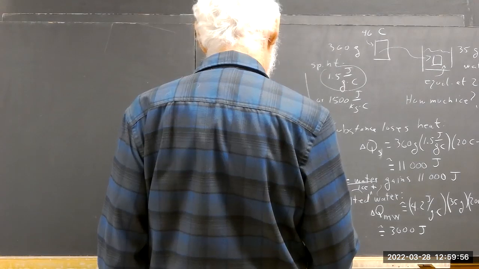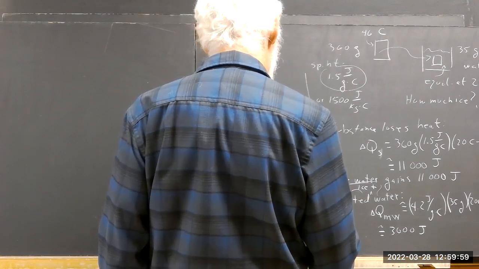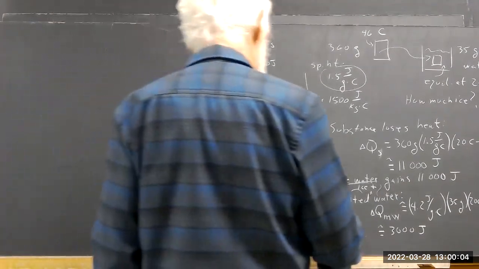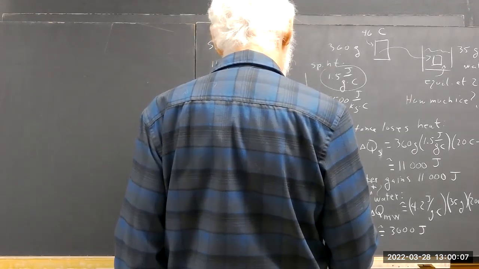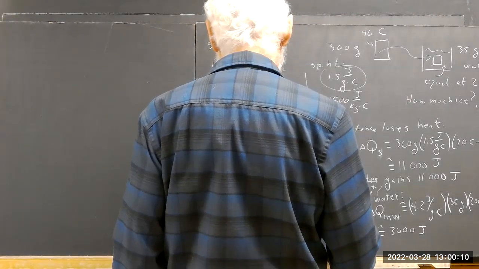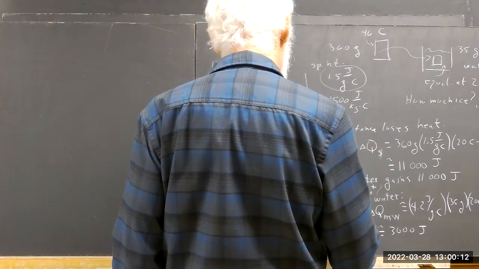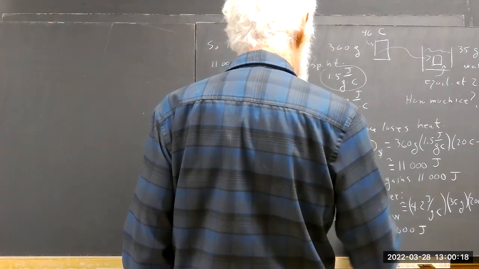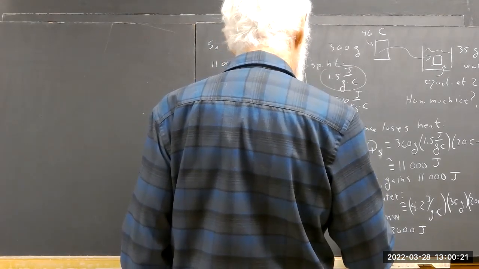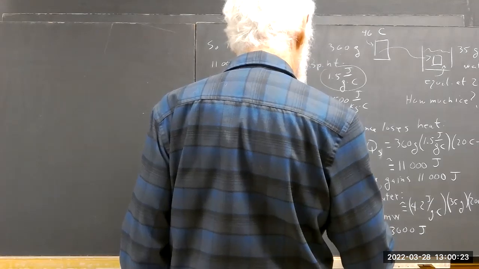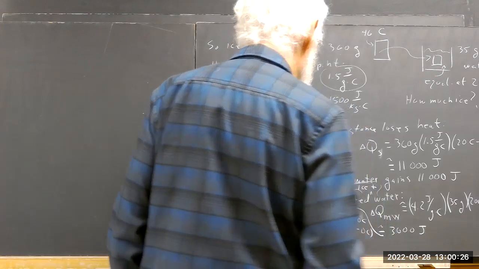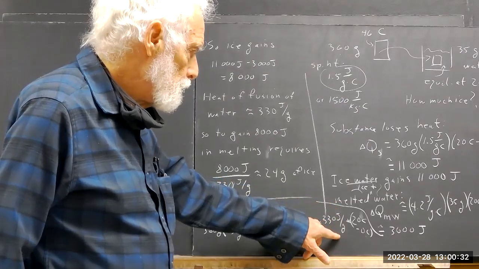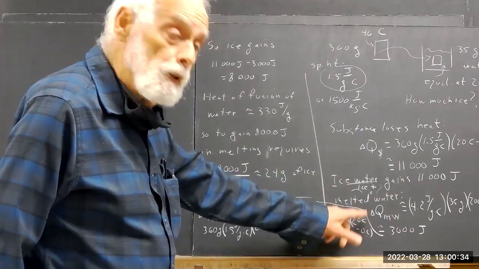Plus, let's say the mass of the ice times the 330 joules per gram that the ice gains times the